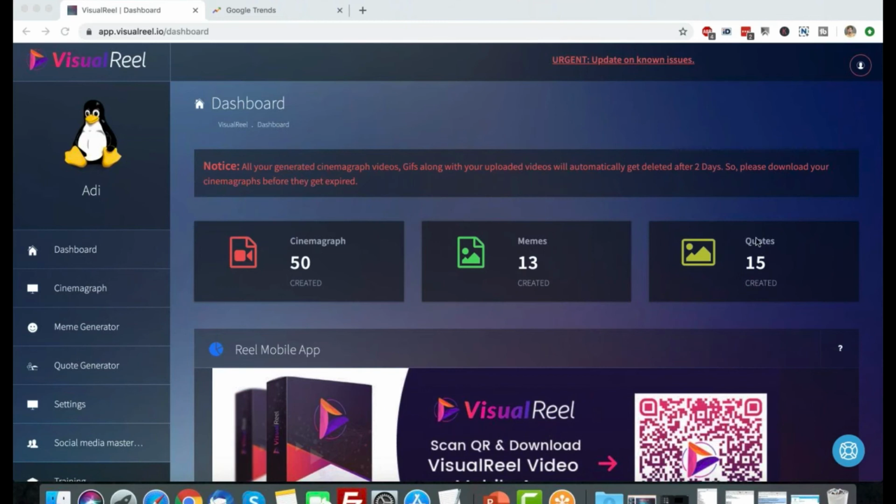All right, cool, guys. If you have no more questions, we're going to wrap this up today. And again, as always, I will remind you to make sure that you focus on one app and one app only for this week. This week is VisualReel. Let's start creating some codes, some memes, some Cinemagraph. Let's practice tweaking and sharing with the advanced settings, creating an image that stands out. Start playing with Google Trends, and see if you can come up with creative ideas to create funny memes or controversial quotes as well, controversial cinemagraphs. But make sure you focus on VisualReel this week.